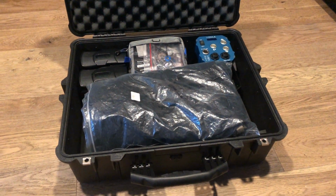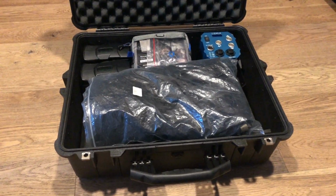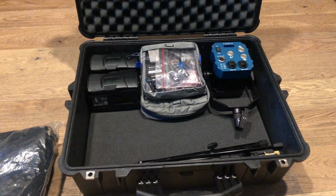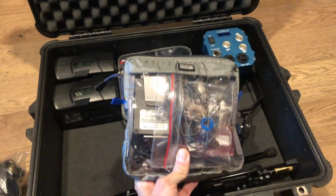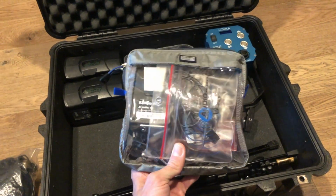I just got back from a couple of days of shooting live crosses outside New York, and I wanted to show you what's inside my Pelican 1600. I travel just with the camera bag because it had been raining the last couple of days. I've got the IFB kit here, which is just the JK Audio amplifier with all the earpieces and